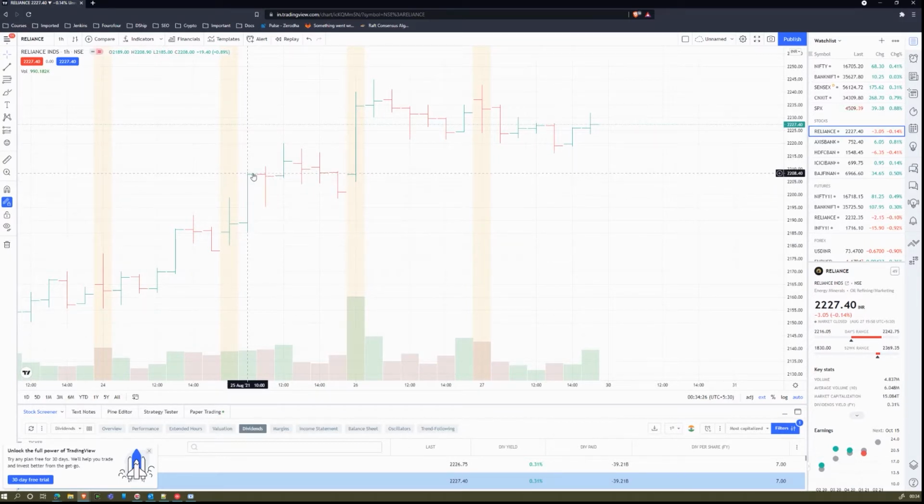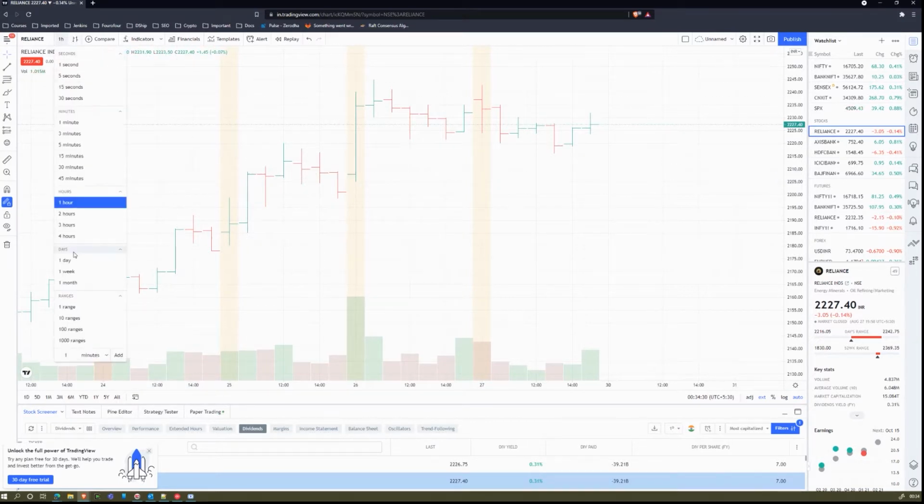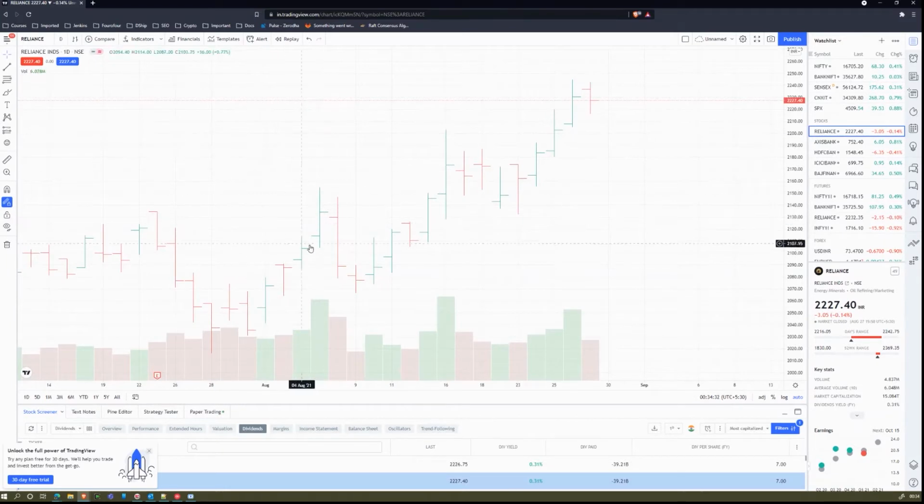for that particular hour. Okay, now let's go back to the daily chart and let us try to understand the colors. The green bar depicts that the bulls were stronger, while the red bar depicts that the bears were stronger